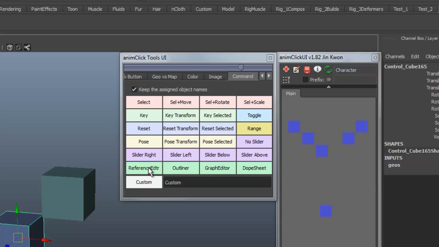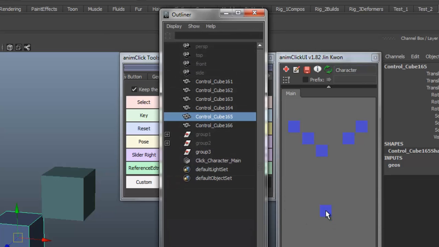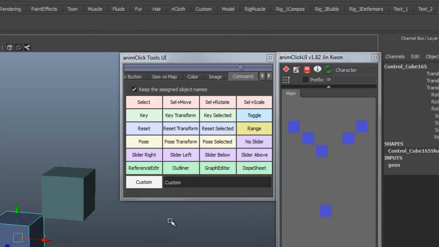You can also change command to launch up one of the Maya's editors, such as reference editor, outliner, graph editor, dope sheet. For example, if I drag and drop this outliner command, if I click on this button, it will bring up the outliner. If I want a custom command,